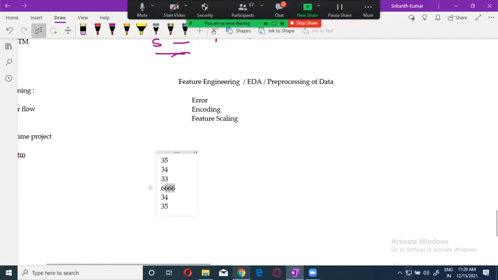If you have that temperature, you are gone, right? It's very clear, but this is a very simple one. Now, what do you want to put over here? Which one will you put: 34, or 33, or 35, or take the average and put it here? This is very easy. We can make it 34 or something like that.